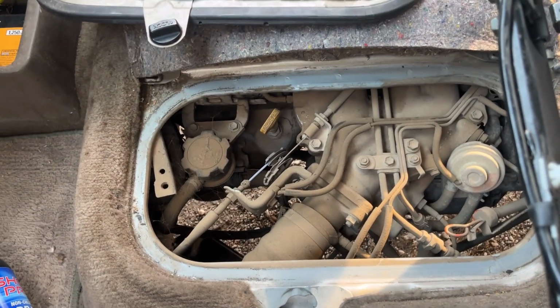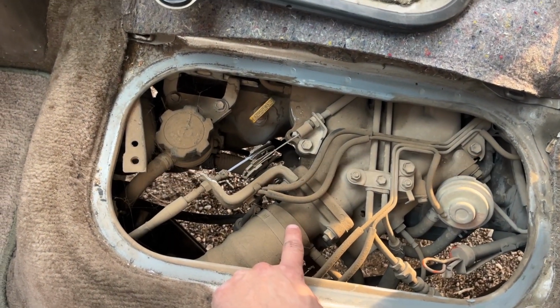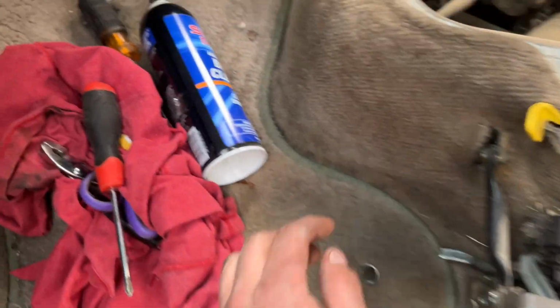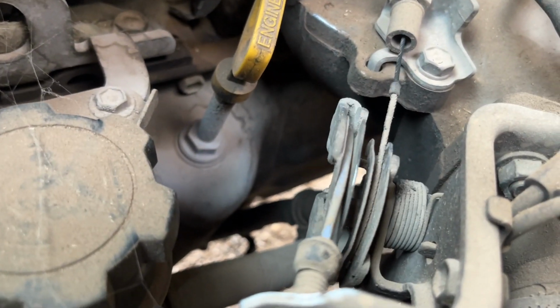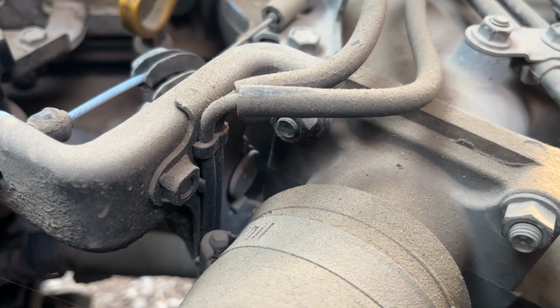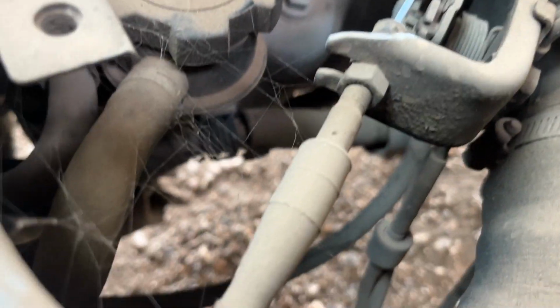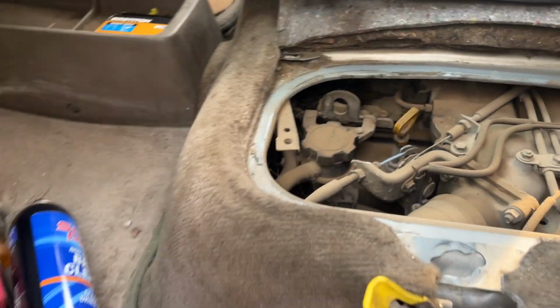Apparently the supercharged acts differently because in the supercharged, this is where your throttle body is. But on this one, as you can see, if I were to press the gas pedal, that linkage on the other side here, watch it carefully, doesn't go to anything. It just actuates the throttle cable, which actuates a secondary cable that goes to the front throttle body. So I guess that throttle body that's on the front of the motor over here,